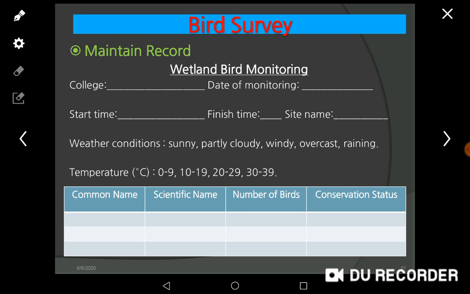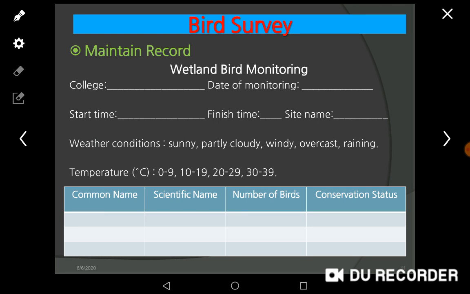This hobby can later be converted into research also, because some of you may be students, some of you may be teachers, those who are participating in this bird survey or in this webinar, those who are teaching in higher education or learning in higher education, especially botany, zoology, environmental science.